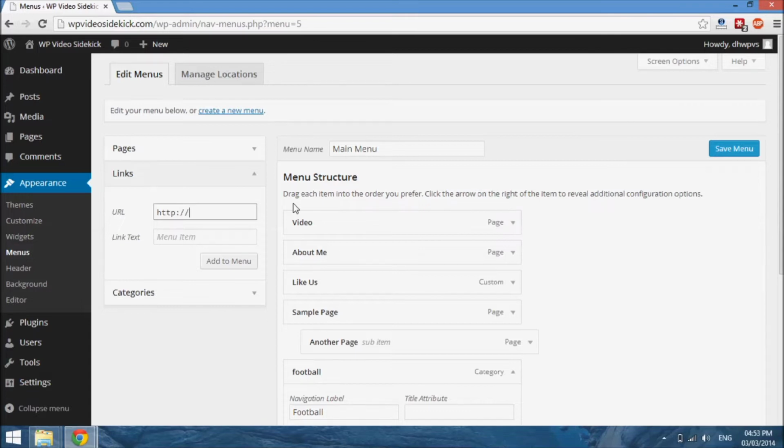tab that said services, so that persons would go to that tab, and then when they hovered over it, the different services that you offered would be shown in the drop-down menu. So what you would do here to accomplish that is to put the hashtag or the pound sign, and then you would put the text here that says services, add to menu,